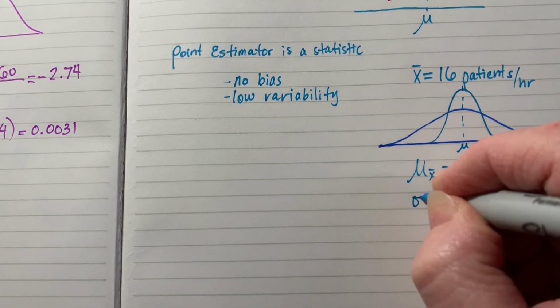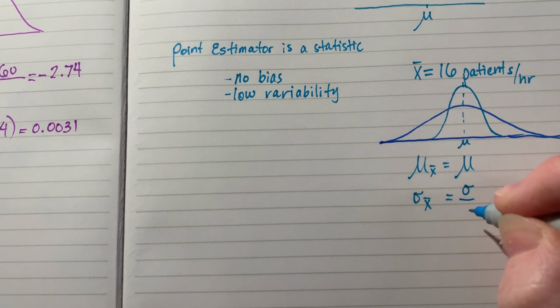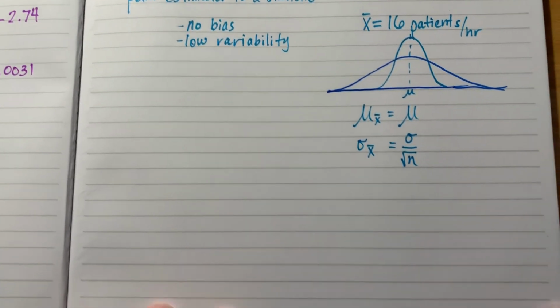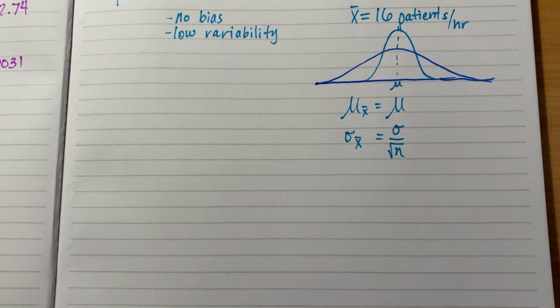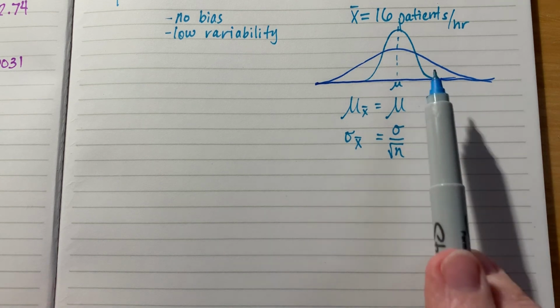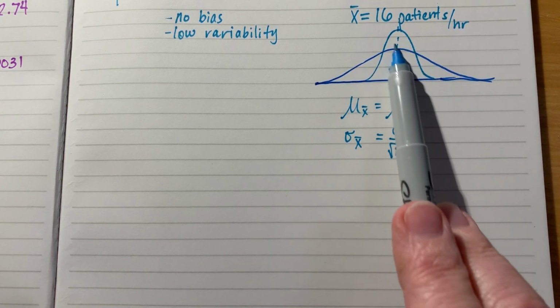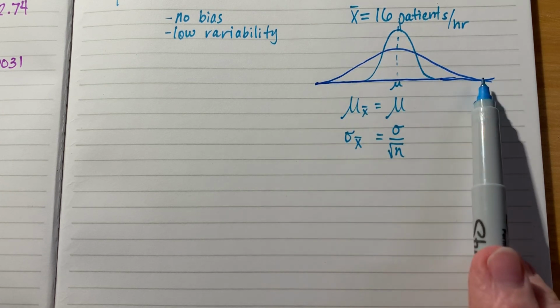Remember that the standard deviation of these X bars is actually going to be the sigma of the population, and we are going to divide it by the square root of the sample size. So it's really important that we take a sample size that is going to be fairly large. And the larger the sample, the denser this curve becomes, the more we can fit within a smaller region than the